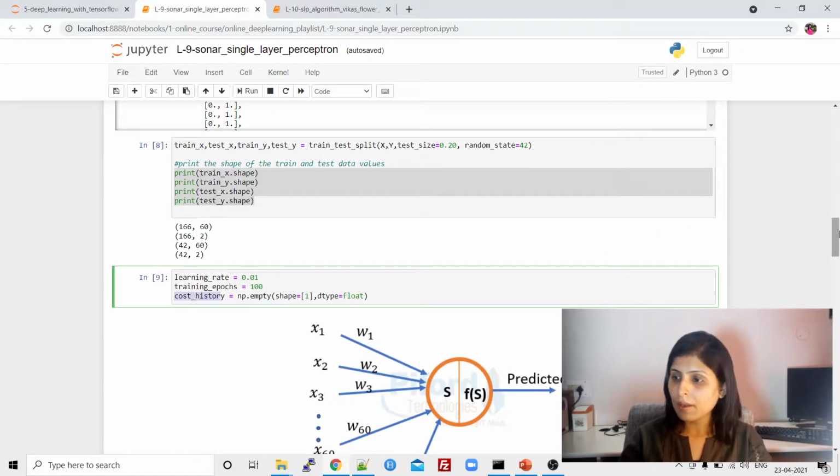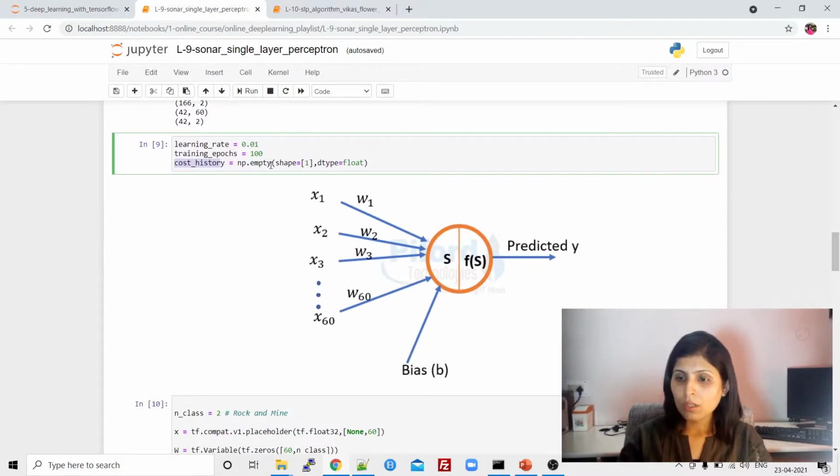All right. After that, guys, see this picture. We are working on a perceptron. That means we have a single neuron that will perform the functionality. How many inputs do we have? We have 60 different columns, so that means x1 to x60.